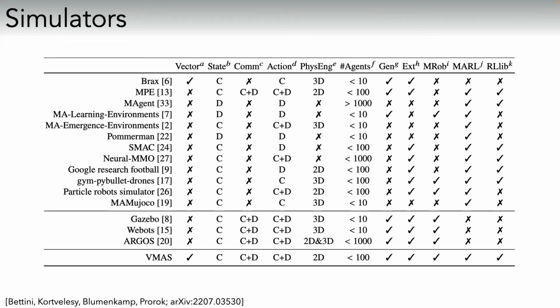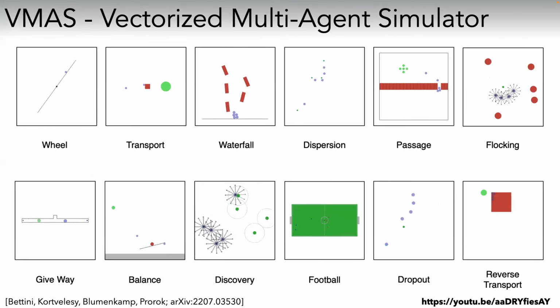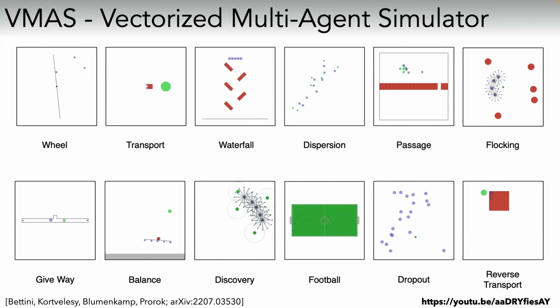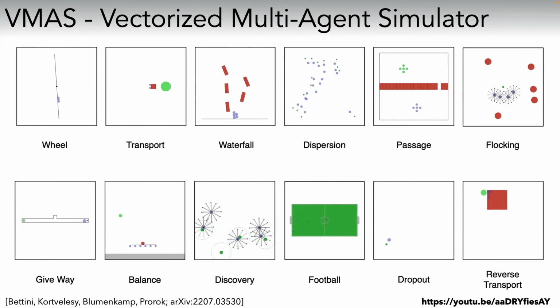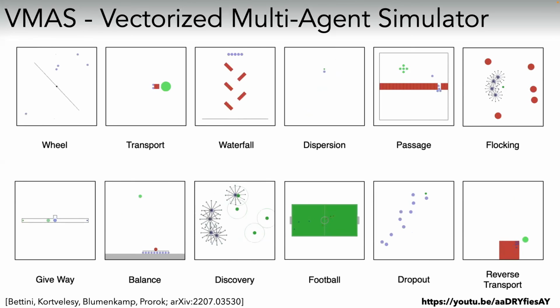The benefit is that it's a vectorized simulator, and you can run this extremely efficiently for hundreds of agents, even thousands if you have a bit of time. And so that's really what we were aiming for. Here are a couple of the scenarios that we've implemented. We already have 12, but join the GitHub repo, propose a couple of your own.